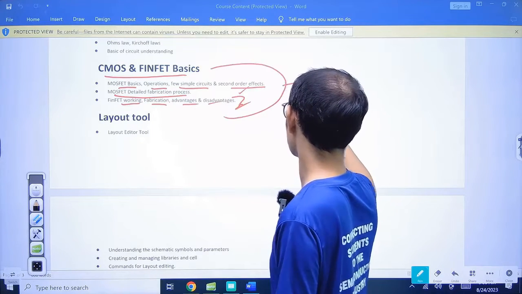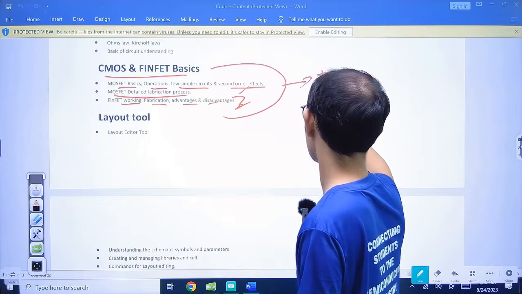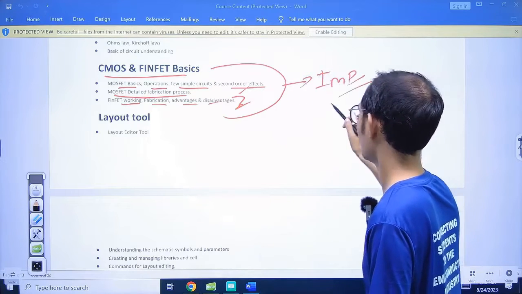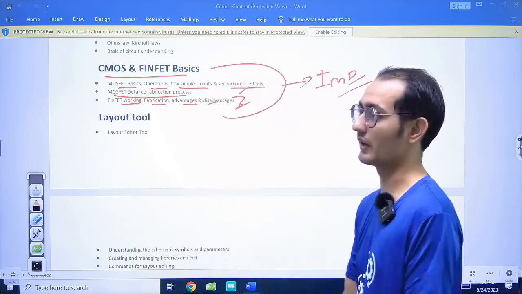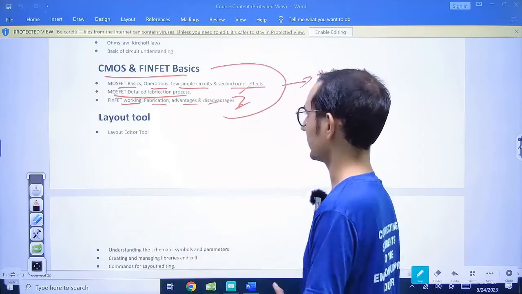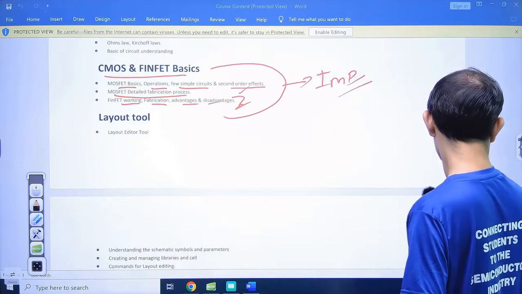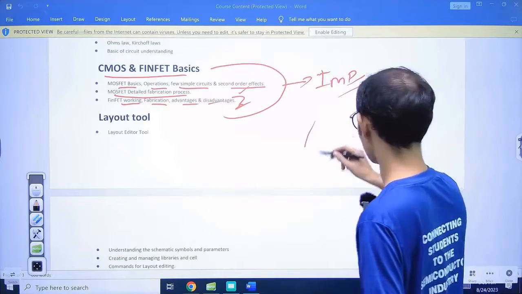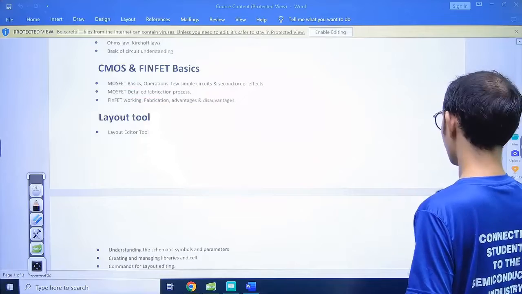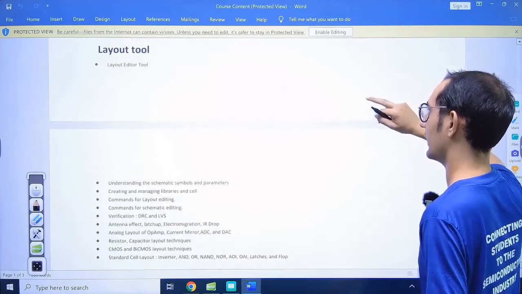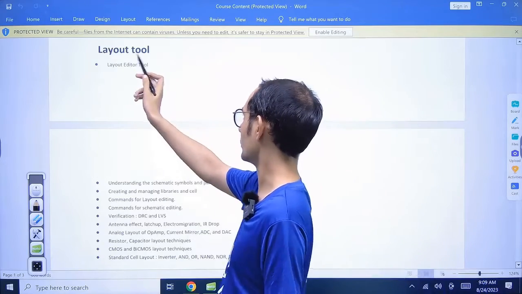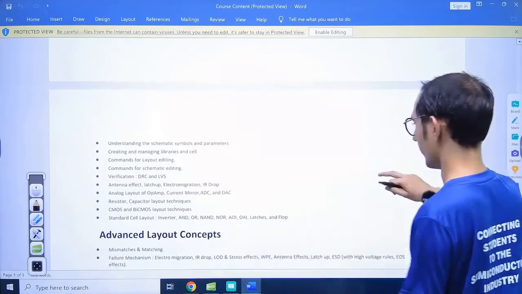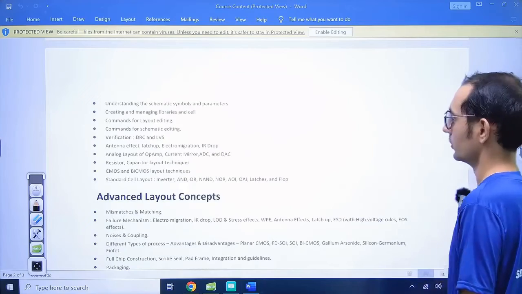It will also be an important module for the interview, because nowadays they compare things like FinFET and MOSFET. After this module we will come to the layout tools, like the layout editor tool that we will use in this. So yeah,